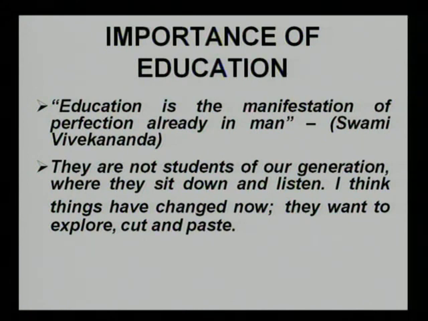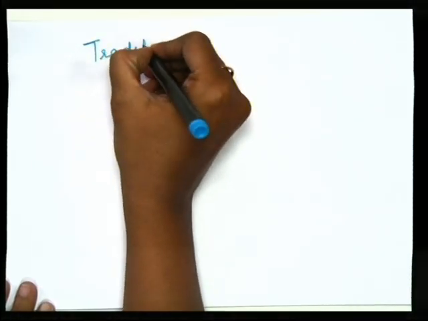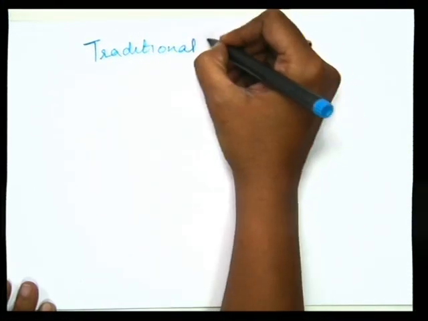Today, the age is known as the information age, where you can access the information from various resources. So, when you go to the class and teach something, mind well that the students are knowing it before you know it. Fine. So, now let us analyze what is the traditional method of teaching.